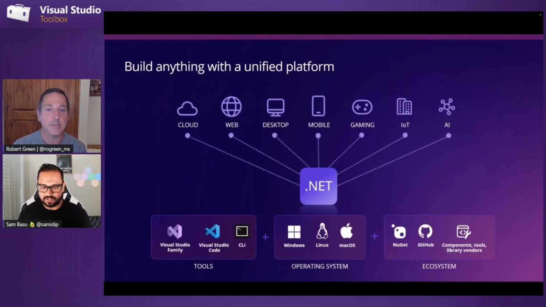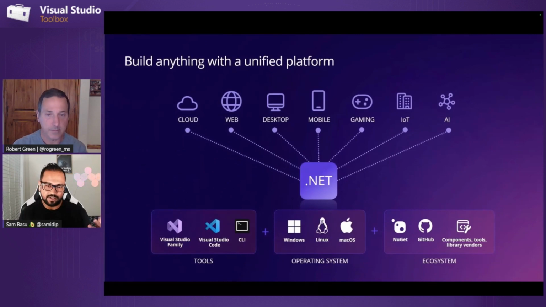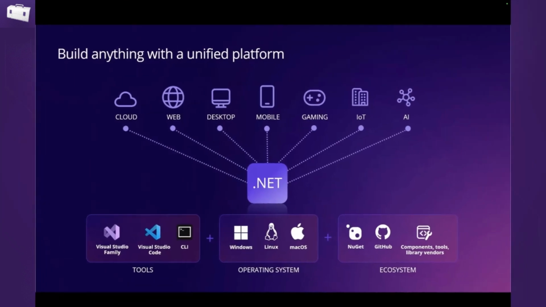So these may be slides you may have seen from Microsoft before. This is modern .NET, and it is a really good place to be, like Robert and me have been saying. It is open source, it's modular, it's cross-platform. You can build any type of apps with modern .NET, cloud to web to IoT to AI, you name it. The tools of our trade have come a long way. It's not stuck on a certain operating system. You can use any type of Visual Studio. And again, the overall ecosystem with all of your extensions and NuGet packages and component libraries, it's really, really nice for developers to be productive. So, that's modern .NET in a nutshell.